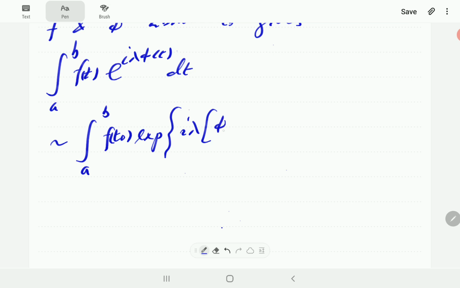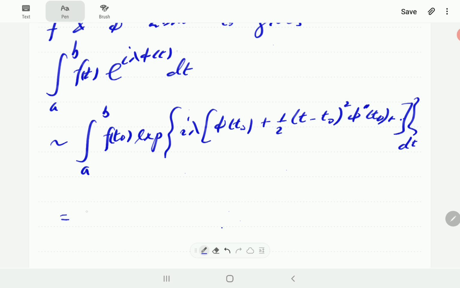We're going to have phi of t naught, and then 1/2 (t minus t naught) squared times the second order derivative at t naught. If we just take those two terms,